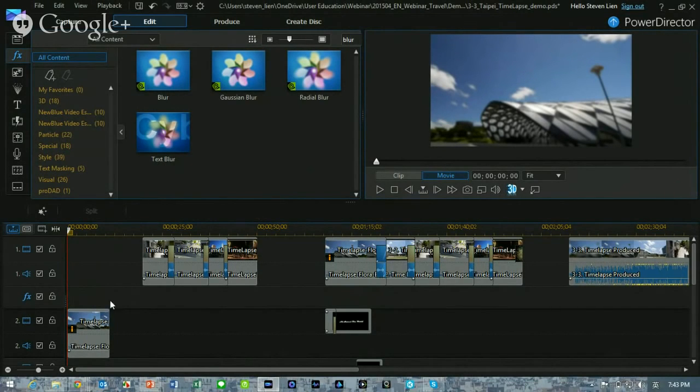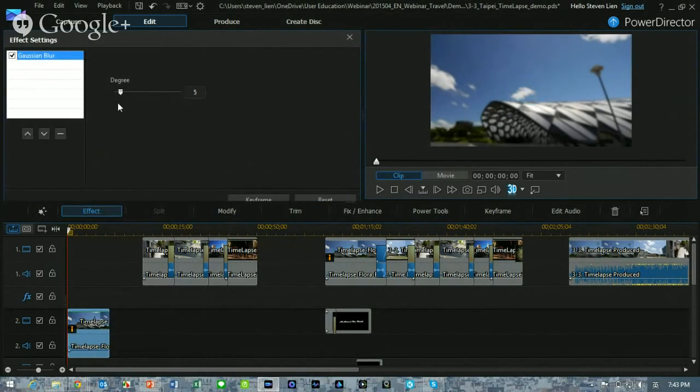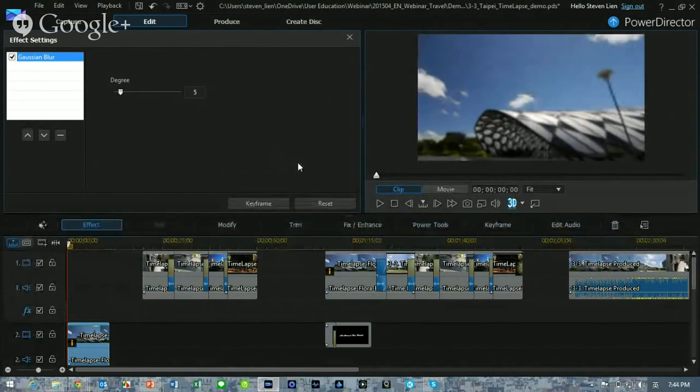How to do that? Click on the clip. You can see here there's an effect tab. Click on effect. You can see the Gaussian blur effect being applied on the video. And there's one very useful and common tool in PowerDirector, which is a keyframe. And what is a keyframe? Let's say a keyframe is a way to control the movement of objects or whatever in video editing software,